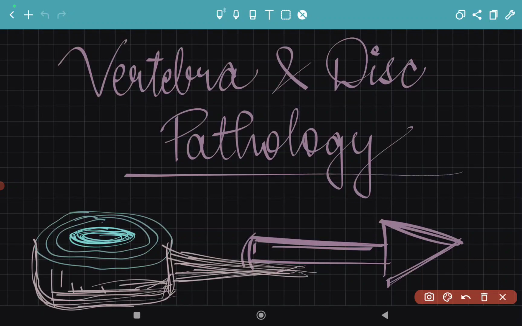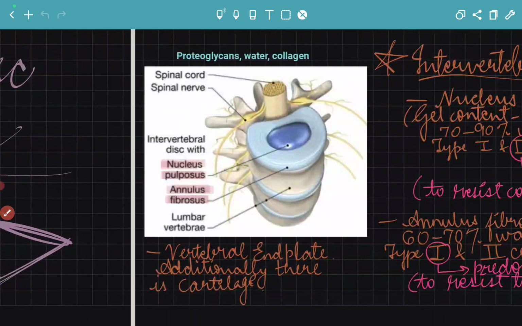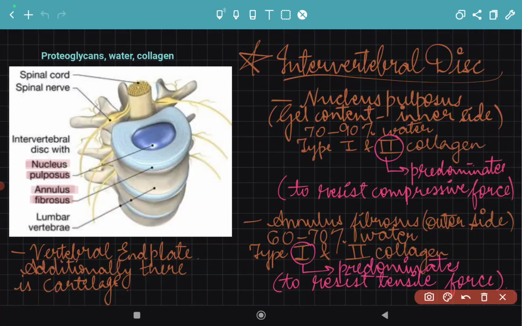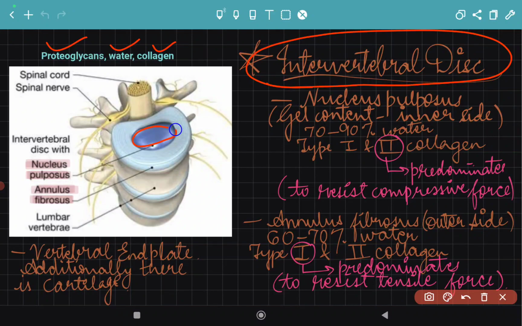Let's begin with Series 2 and learn about vertebra and disc pathology. So, first we will focus on the intervertebral disc. What is it made up of? The disc basically consists of proteoglycans, water and collagen mainly. The inner, central part of the disc is made up of nucleus pulposus, which is gel-like